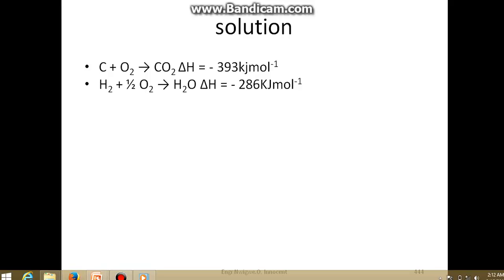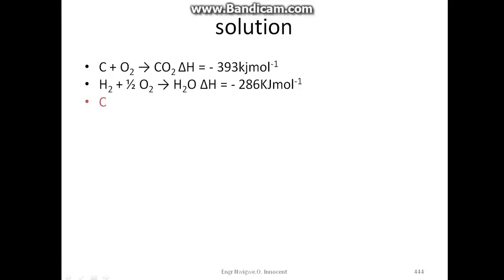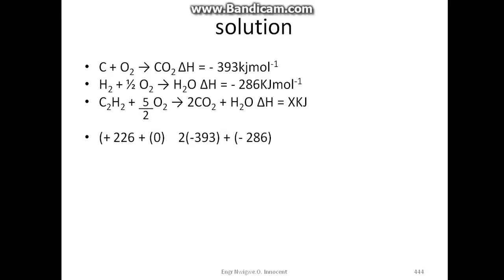Ethane plus 5/2 oxygen to give 2 carbon(IV) oxide plus H2O. Delta H is equal to 226 kJ plus 0, 2 times minus 393 plus minus 286. Heat of product minus heat of reactant is equal to delta H